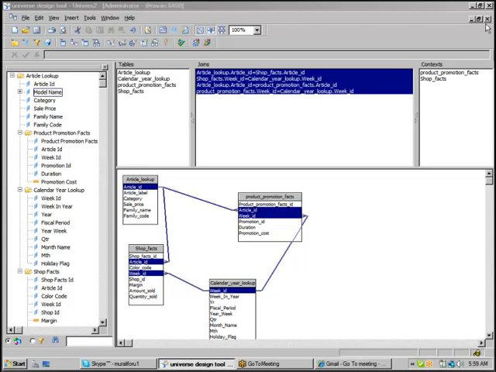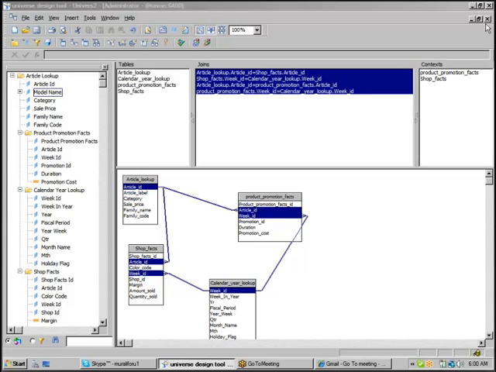Number 4, detect loops: you detected the loops, and it identified the loop that you resolved with the context. The reason is you have more than 3 tables and more than 1 fact table. Then the very next step, you created the classes and objects,